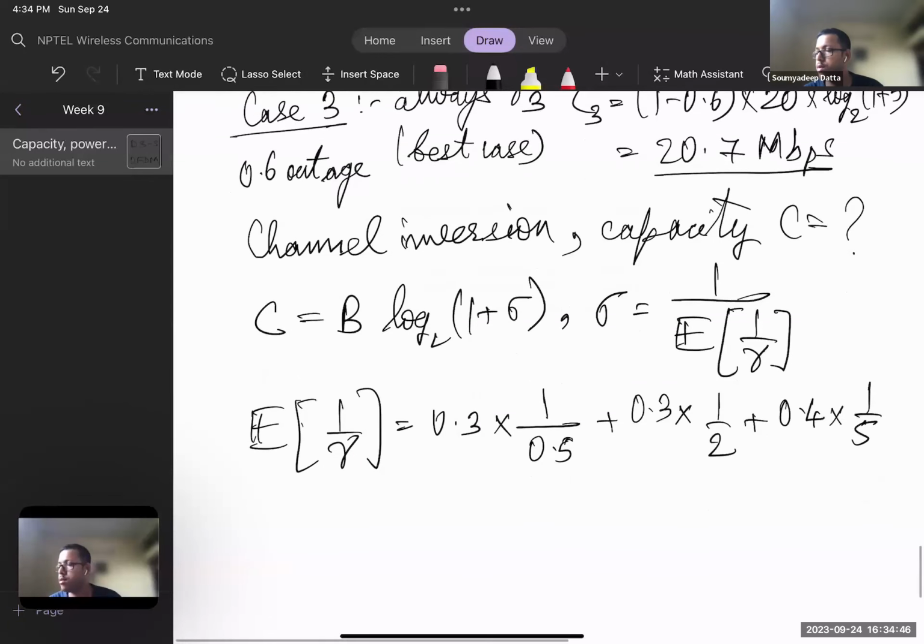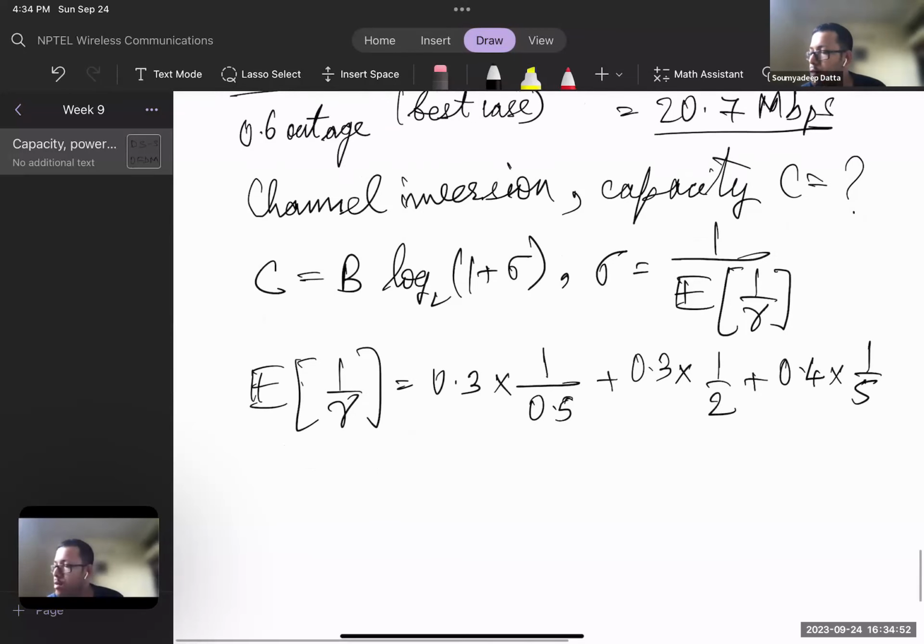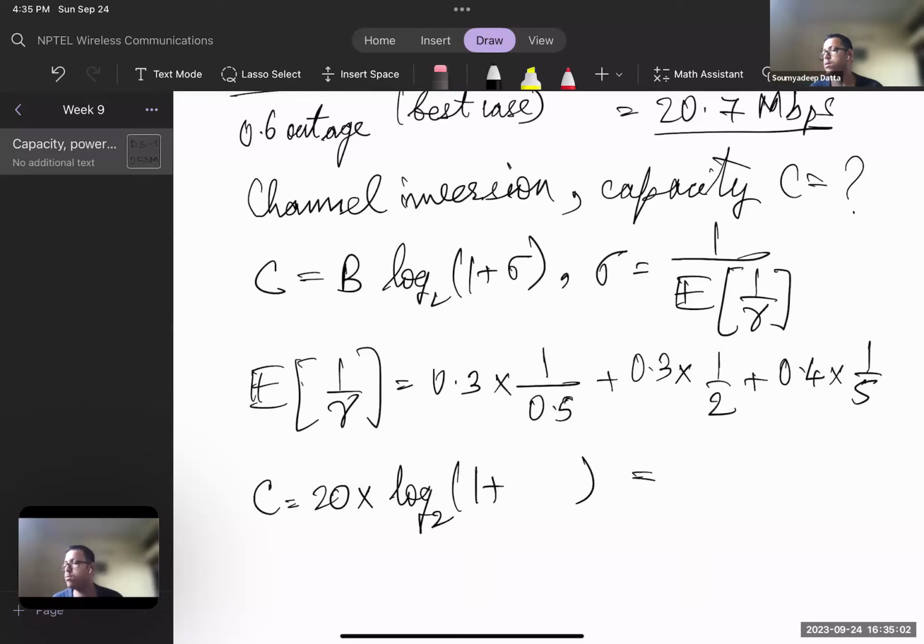So this is the value, with 0.5, 2, and 5. If somebody can calculate this, then C is equal to 20 times log 2 of 1 plus whatever this is. Let's quickly do this calculation. 0.3 divided by 0.5 plus